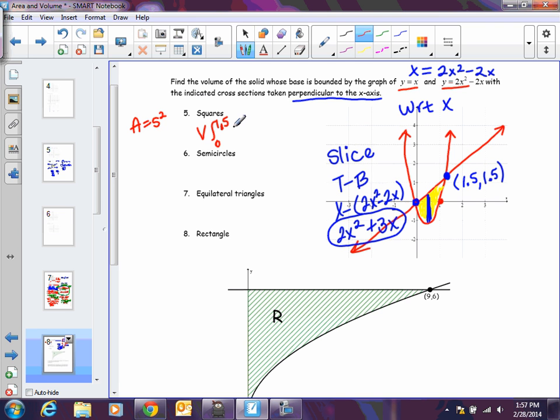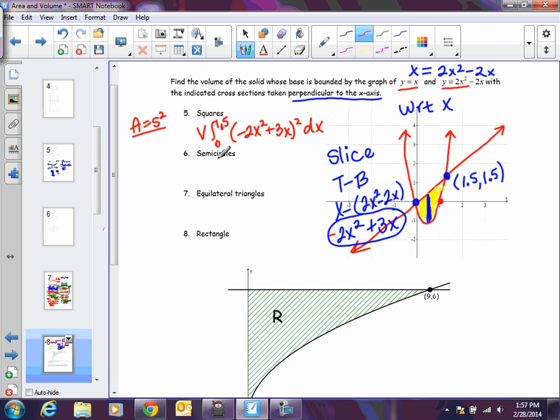And then, if we were just doing area of the region, I would have done top minus bottom. But I need to use this formula, so I need to use my slice. And there should be a negative there. I missed that. Did y'all catch that? I left off the negative. So negative 2x squared plus 3x squared dx. Now, you can plug this in your calculator if you want, but I'm going to go ahead and move on because I want to really just be able to set all these up in a row